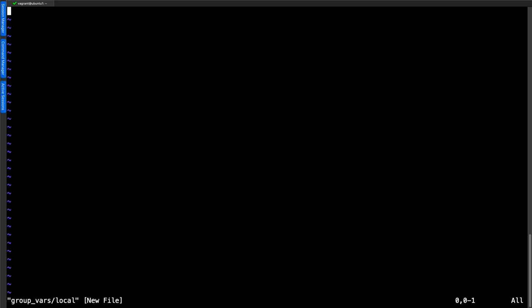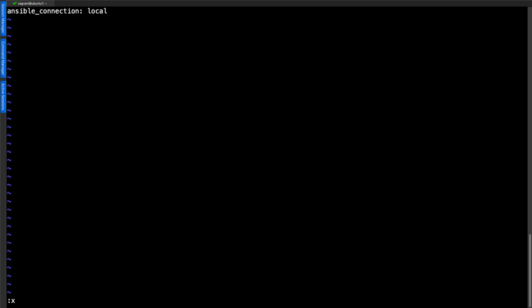So this represents my local Ubuntu controller. And I can go through and say, for this connection, we are going to use a local connection, not an SSH connection. So ansible_connection. And this is a YAML file, so we separate using a colon, and it's just local.